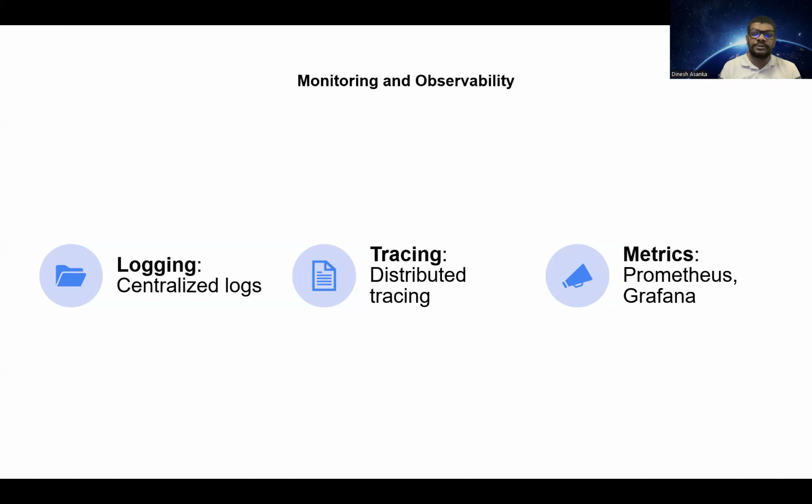Tracing, when it comes to troubleshooting, you need to do the distributed tracing. This event occurs on this service and it will transfer to the other service through the API call or message queue, and what has happened to that microservice. Important, these metrics should be identified by the probable UI interfaces, reporting interfaces. Typically, people use Prometheus and Grafana as the interfaces or the metrics for monitoring and observability in microservice design